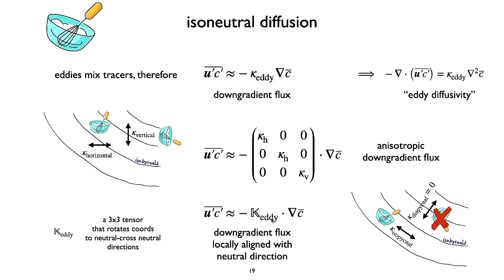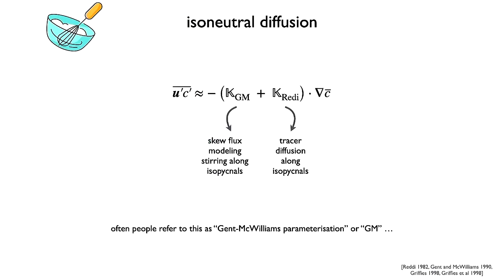So if you can go at every point and compute, it's just a rotation. Say, how much do I need to rotate? So my vertical is in the direction normal to the isopycnals, and my horizontal is in the direction parallel to the isopycnals. That's a different direction at every point in the ocean, but you can do it if you know the isopycnals. So that's what we're doing. And then there's a little bit more, but assume that this bit is that, okay?